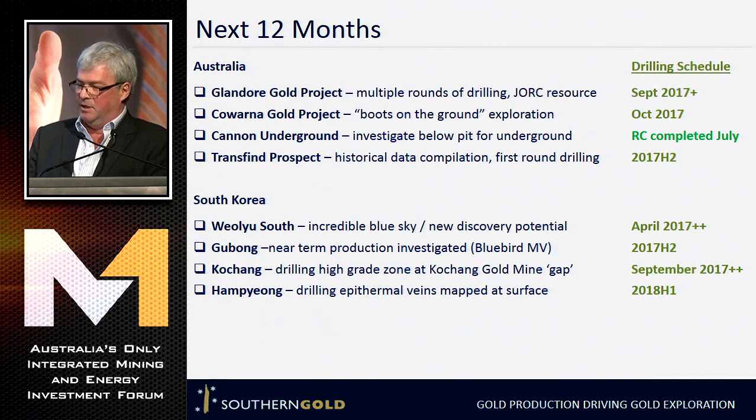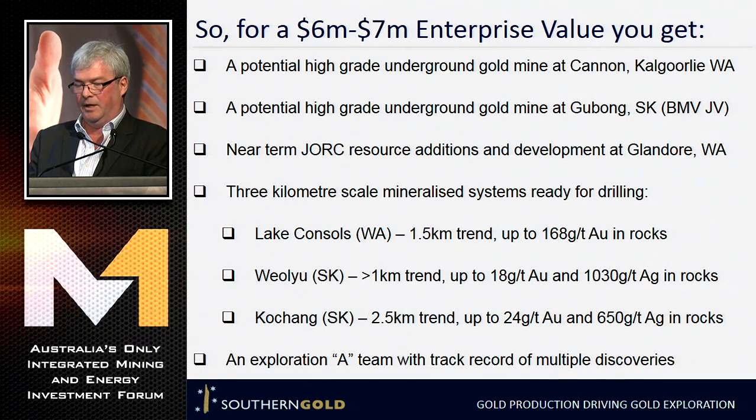I'm racing because I can see I've only got 20 seconds. That's what we're doing in the next 12 months. We're not there just paying salaries. We're very active. We're drilling a lot of the projects. We're adding a lot of value and not twiddling our thumbs. You can see there, I've basically said you get a $6 or $7 million enterprise value in our company, and you get a potential gold mine in